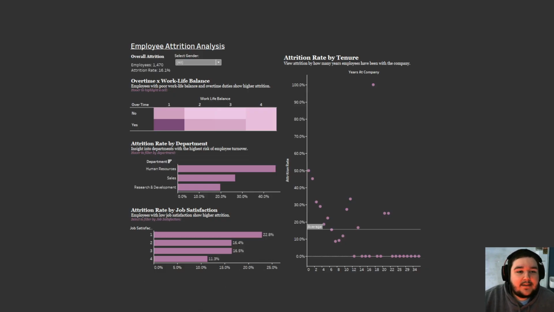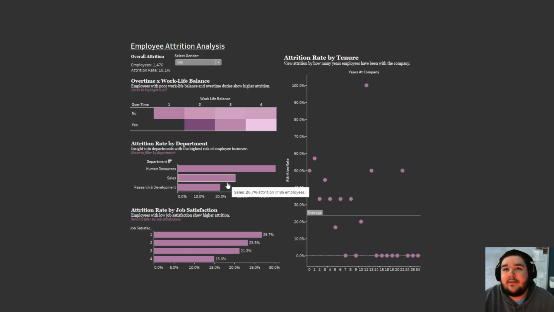Next, we can go ahead and look at the whole tenure graph in general. Employees tend to leave early on in their career in the company. As you can see, 0 is 50%, so they dropped within 6 months. It was too hard to be a salesman, because the sales department really